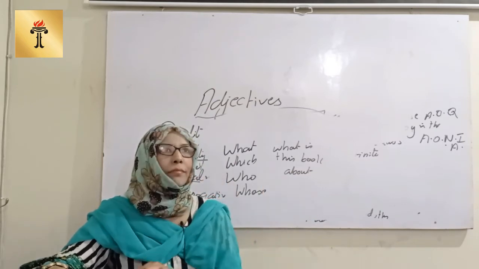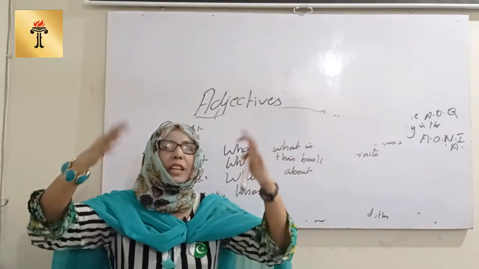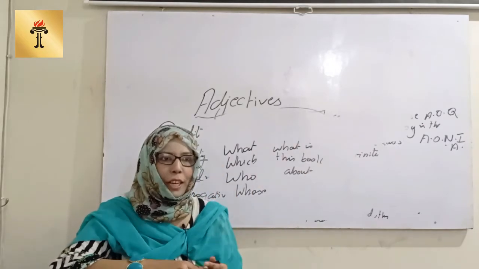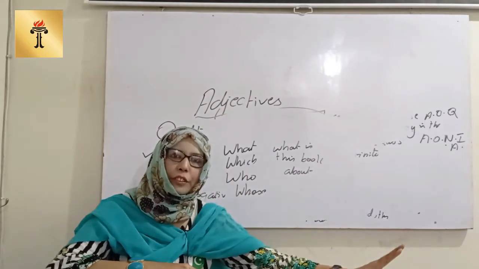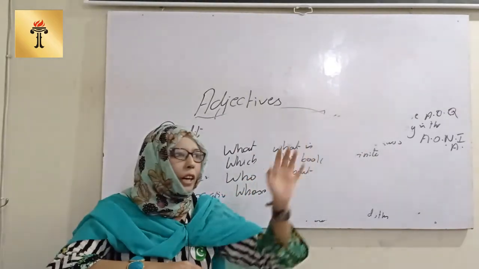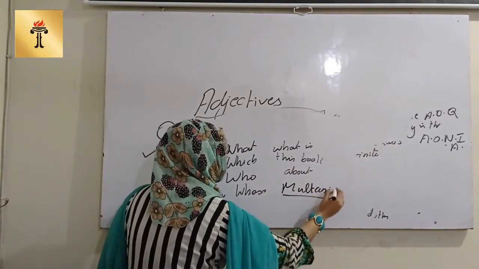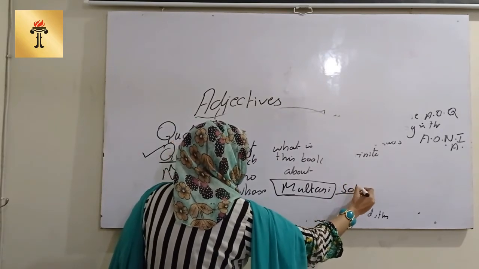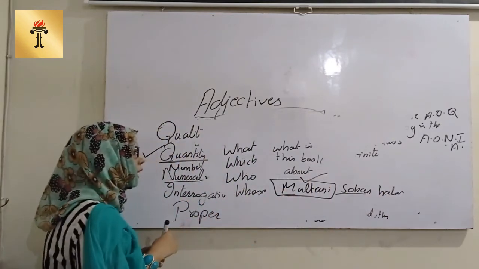Lahori tikka, or there are so many things which you may recall and so many words will come into your mind. The most particular is that there are so many types of sohan halwa being prepared all around the globe, but it is particularly associated with Multan. So when you said sohan halwa, someone said Multani sohan halwa. So this Multani will be the proper adjective. It is associated with some noun or some material noun, and this is called proper adjective.